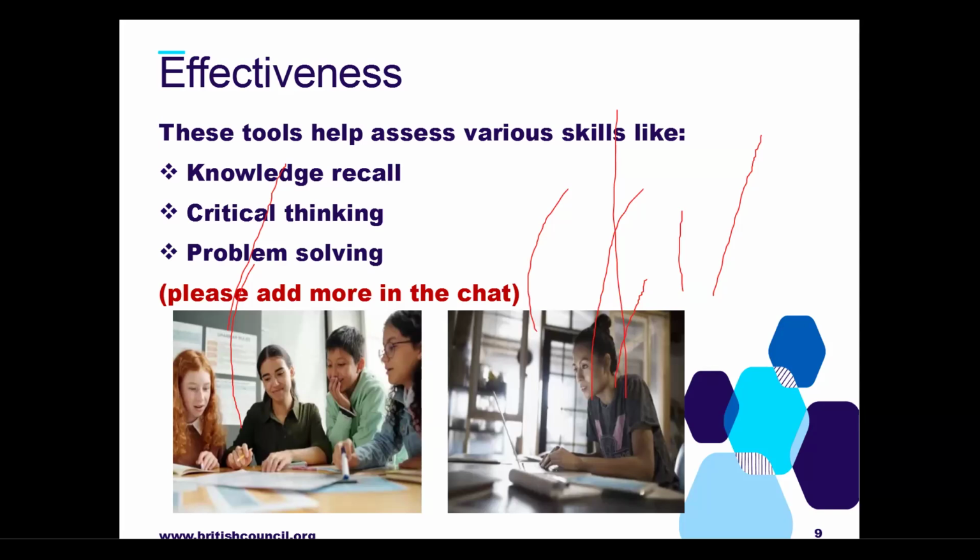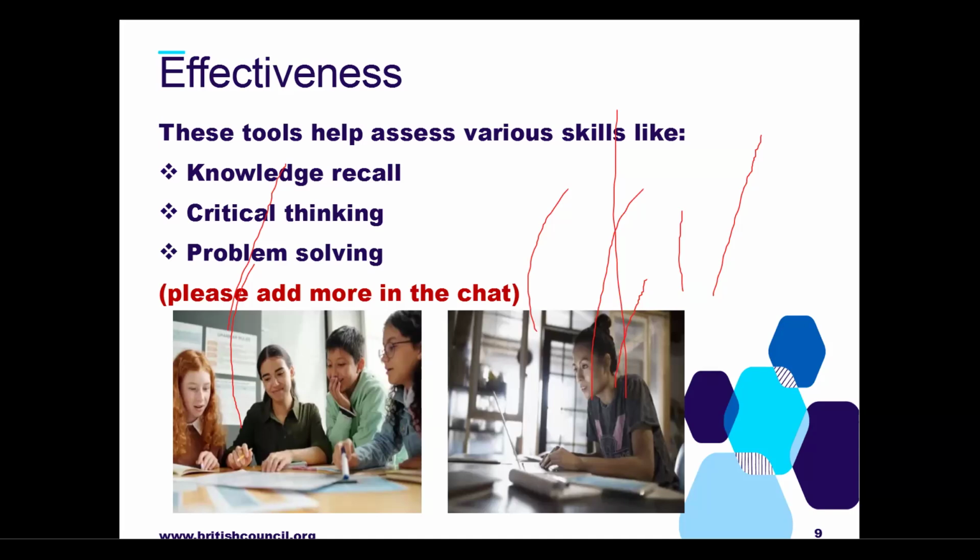So there's this collaboration. Then you can use Kahoot, for instance. Mainly, I prefer using Kahoot at the end of the lesson as a summary of what you have just taught. It is best at the end of the lesson.